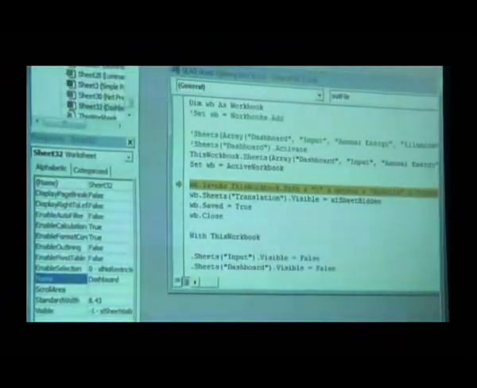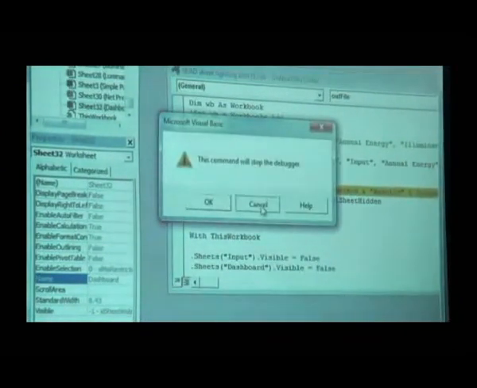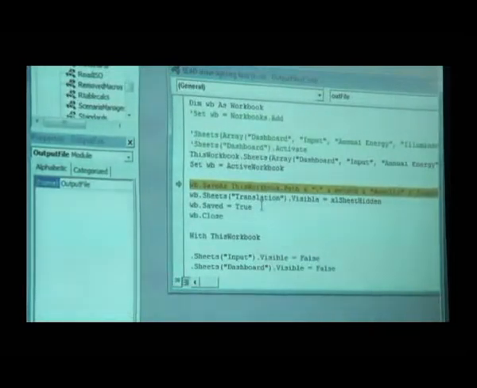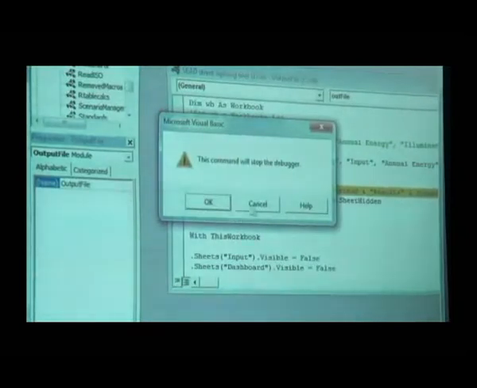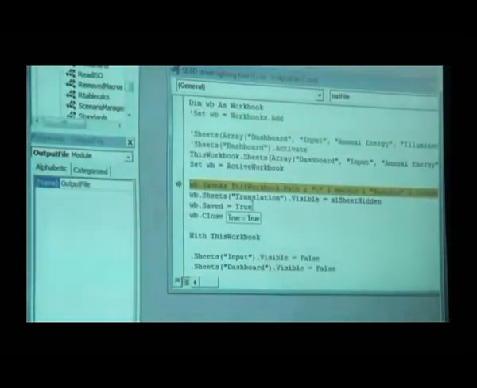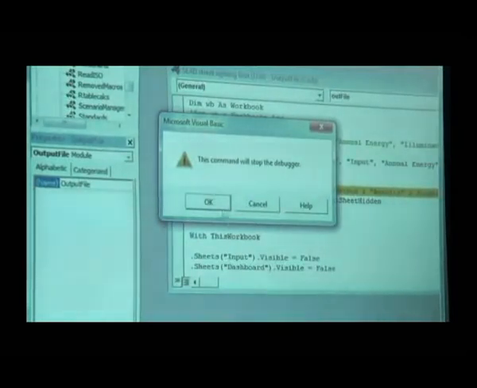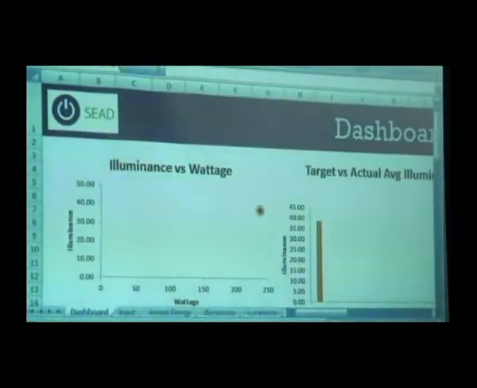This program doesn't support the software that we have right now. But let me tell you, this is a very easy to use Excel tool. You can use it on any laptop with MS Excel. When you are saving your results, it will save your IES file and a CIE file in the same folder that you started off with. I'm sorry about this because this is not working very well on this laptop.